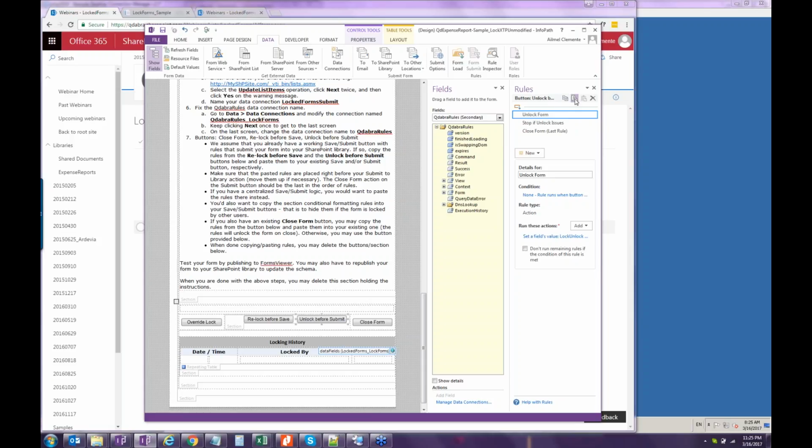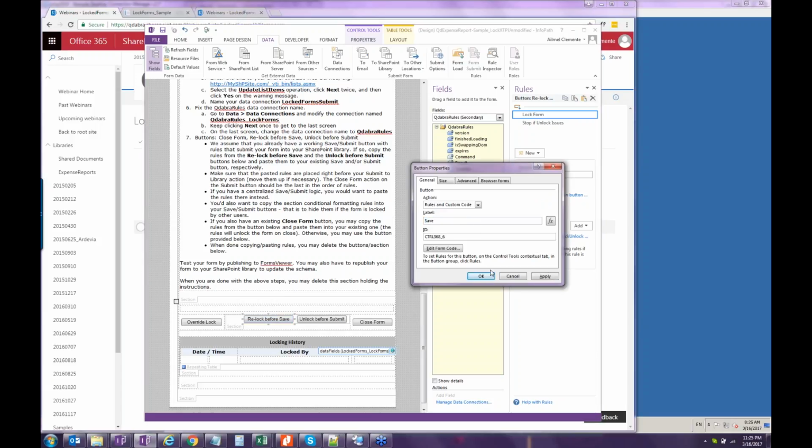So you just want to copy all these rules right here and paste them into your existing submit button. Same goes with saving, because you basically want to relock it to yourself. If you want to go back to it, like Patrick did before he went to get some coffee, before he went out, he saved it, so it's still locked by him. But if you don't have any existing save or submit buttons, then you can just keep what we provided,